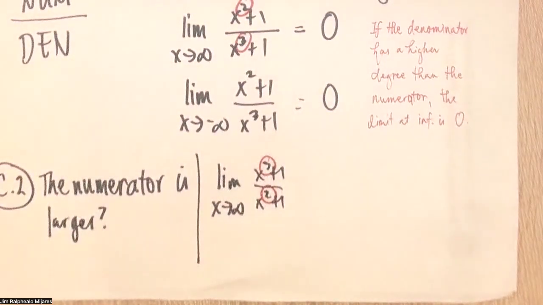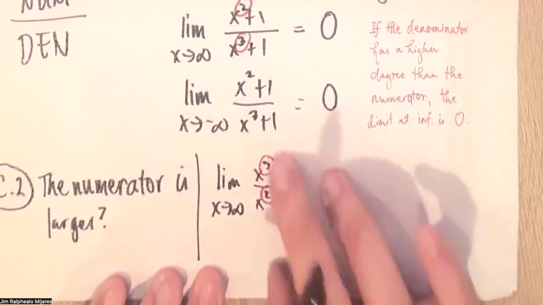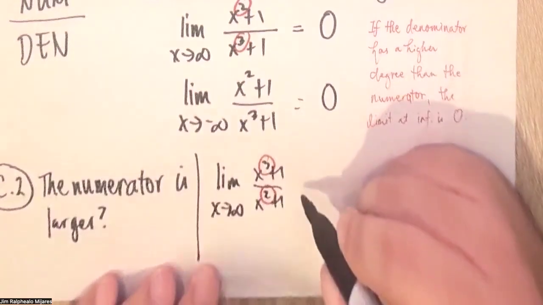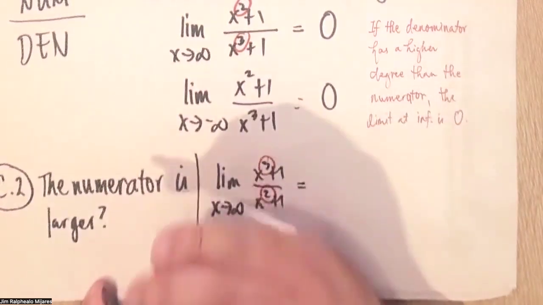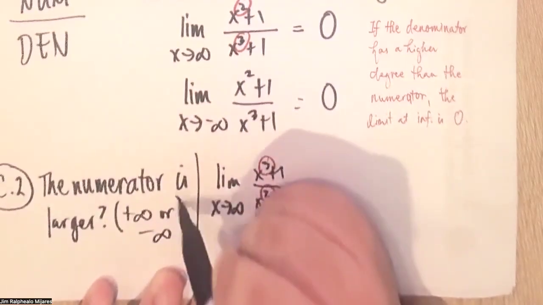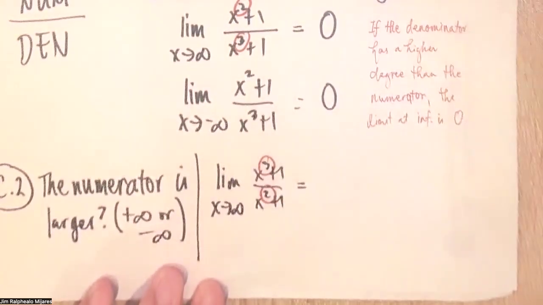And what does it mean? That means this will just be either... So if the numerator is larger, it's either positive infinity or negative infinity, because there's nothing that will stop the numerator from becoming larger and larger. Okay? Now, for this particular case, then,